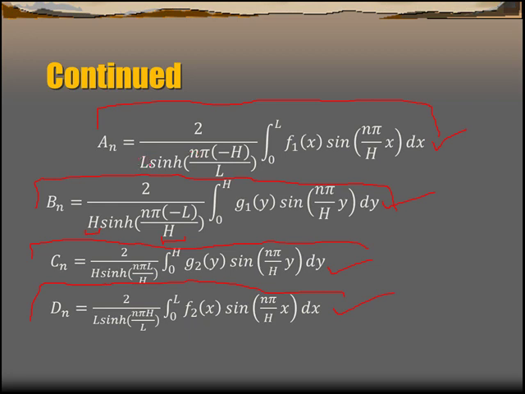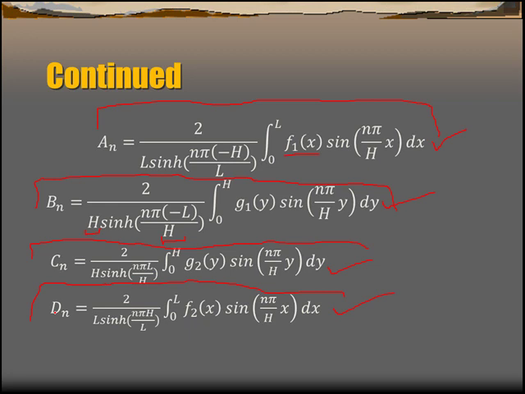एल की जगह आपने लेंथ यूज करना है रेक्टेंगुलर रीजन का, एच की जगह आपने ब्रेथ यूज करना है रेक्टेंगुलर रीजन का, और उसी साइड पे जो टेम्परेचर है उसको यूज करना है। यहाँ पर भी n इज इक्वल टू 1 सब्सटीट्यूट कर देंगे तो इस इंटीग्रल को कैलकुलेट कर ले, n इज इक्वल टू 1 के लिए आपको a1 की वैल्यू मिल जाएगी। n इज इक्वल टू 2 सब्सटीट्यूट कर दे, आपको a2 की वैल्यू मिल जाएगी। n इज इक्वल टू 3 सब्सटीट्यूट कर ले, आपको a3 की वैल्यू मिल जाएगी। सिमिलर प्रोसीजर आपने b1 b2 और b3 के लिए करना है, c1 c2 और c3 के लिए करना है, और d1 से d3 के लिए भी यही प्रोसीजर अप्लाई करना है।